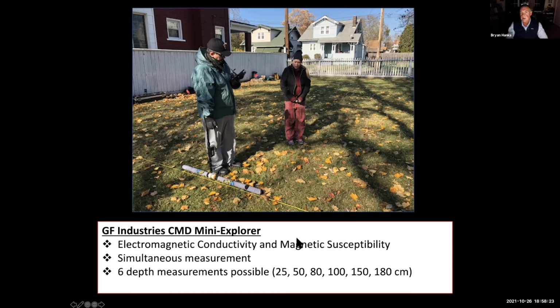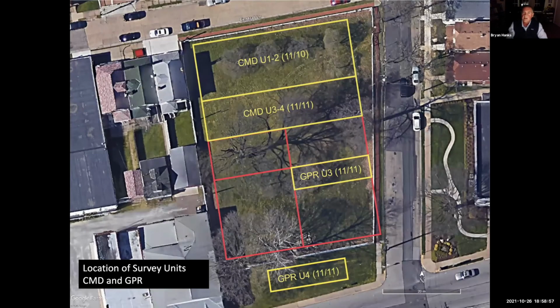What makes this instrument particularly good is that it does so simultaneously, but you can also collect up to 6 different depth measurements. So the probe has to be turned to do 3 and turned back to do another 3, but it can do up to 25 centimeters, 50, 80, 100, 150, and 180 centimeters in depth. So that's very much within the range that we would expect with grave pits down to around 6 feet, between 4 and 6 feet. We've had quite good responses in areas of the cemetery with this. That does seem to be showing some patterning of anomalies in a linear fashion, as one might expect for ordered